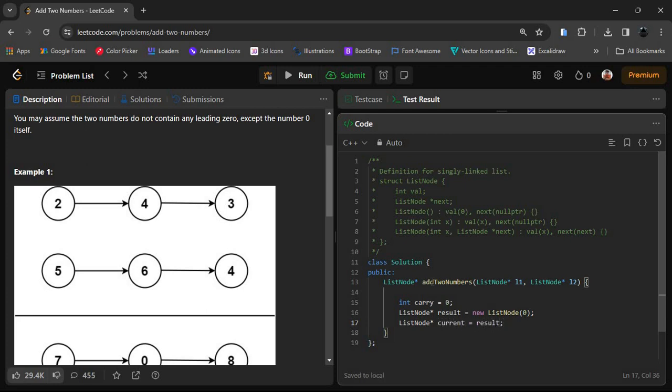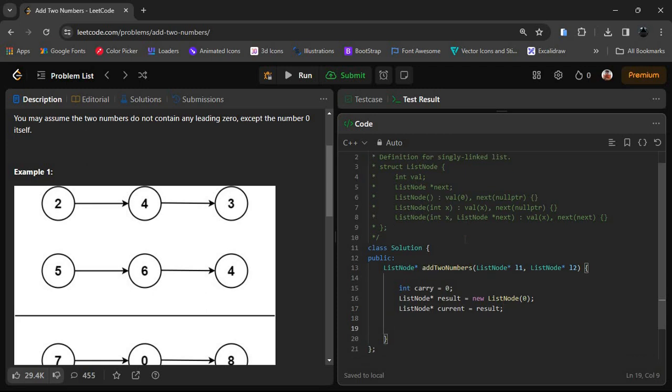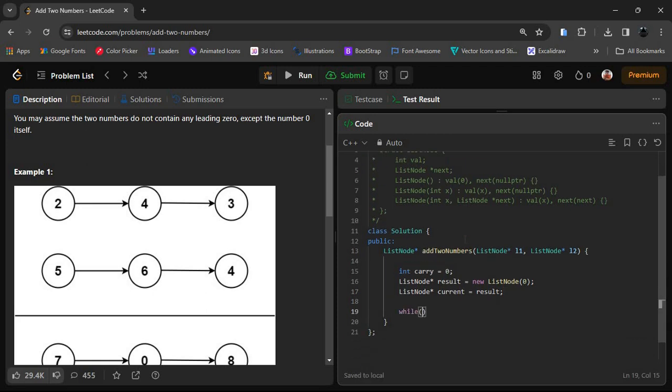Now we are going to create a while loop. While L1 is not equal to nullptr or L2 is not equal to nullptr or carry is not equal to 0. So if any of the conditions is true, then this while loop will work.